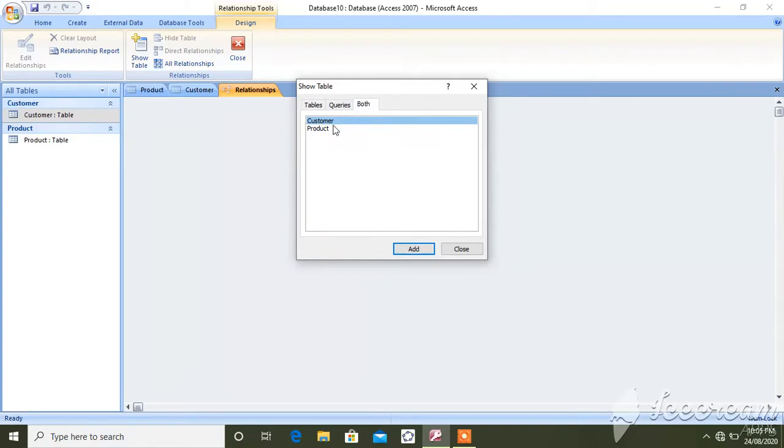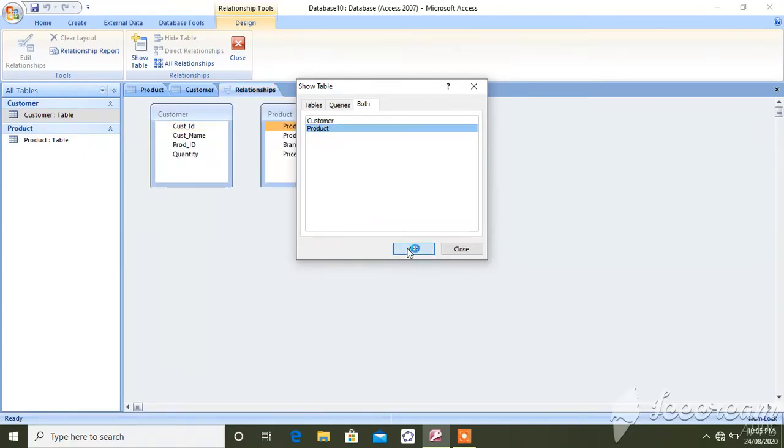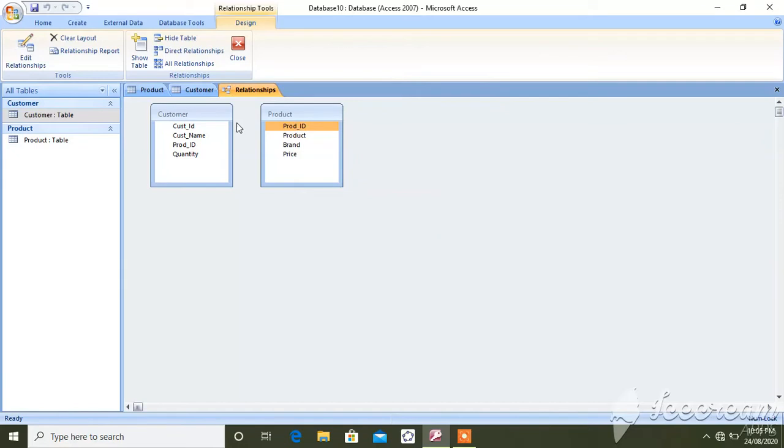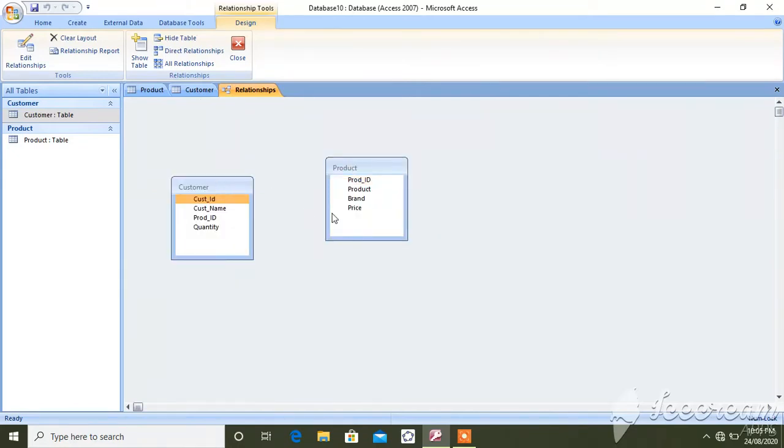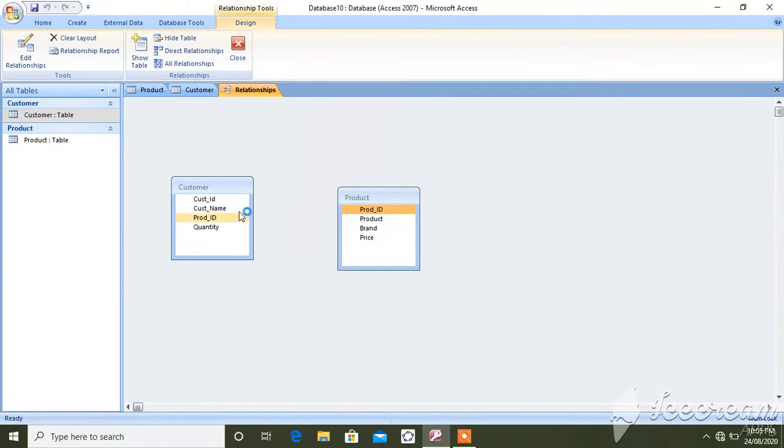We want both tables, so just add them. See, you can see both tables: one is customer and second one is product, and these are the fields in those tables.